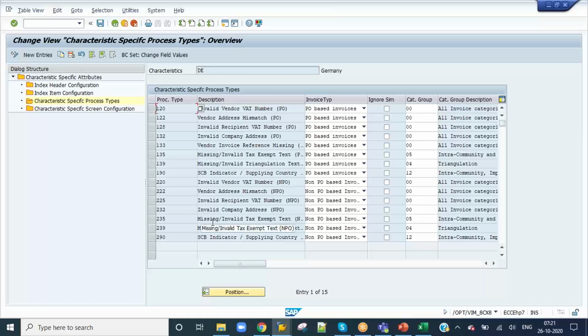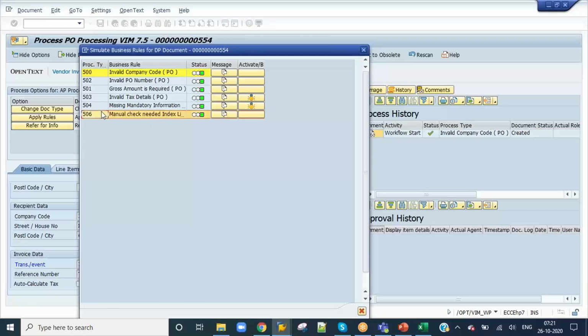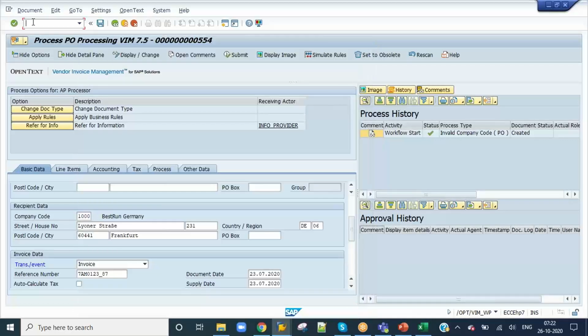Always green. So that also we can do. Let's say I just want to go here. So I do not want to execute 503 business rule. So if I want to make it obey on 503,